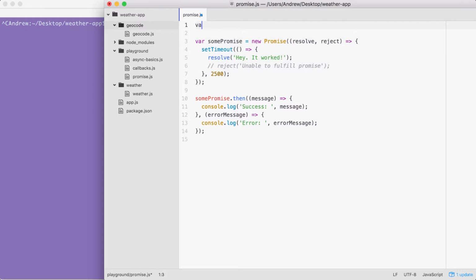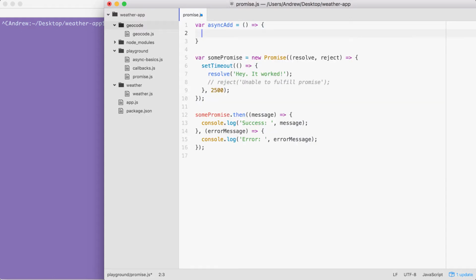For this example, we're going to make a variable, which will be a function, called asyncAdd. It's going to be a function that simulates async functionality using setTimeout, and in reality, it's just going to add two numbers together. But it is going to illustrate exactly what we need to do later in this section to get our weather app using promises. Now, in here, we are going to take two arguments, a and b,